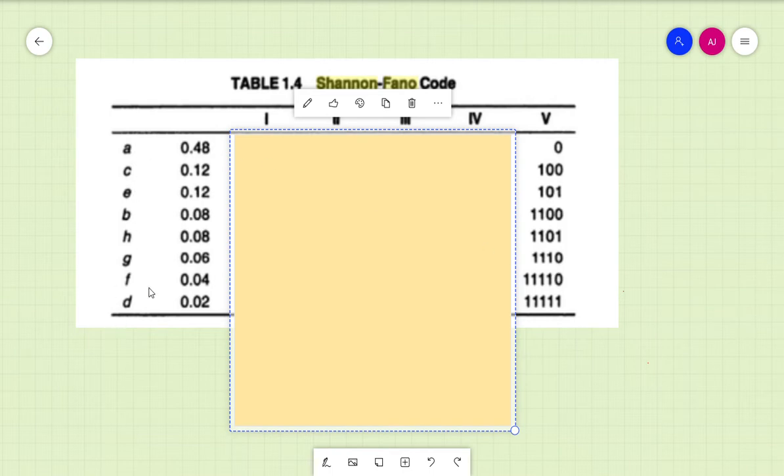These are the characters, and the probabilities have been arranged in descending order. So what is the rule we have for the Shannon-Fano? We have to go on dividing the probabilities into two groups, such that the addition of the groups becomes, I mean, they come almost equal. So go on dividing, the upper part gets 0 and the lower part gets coded as 1.